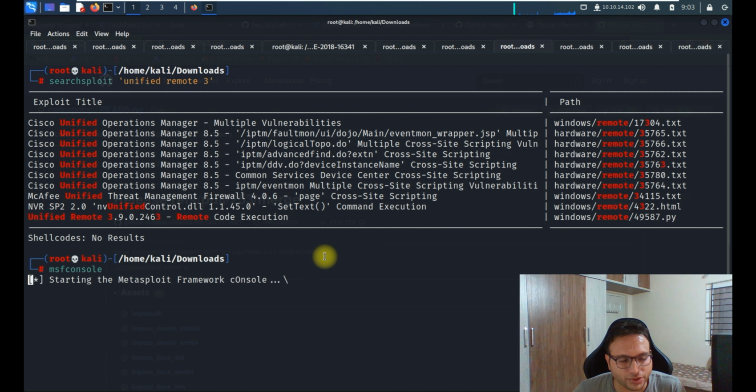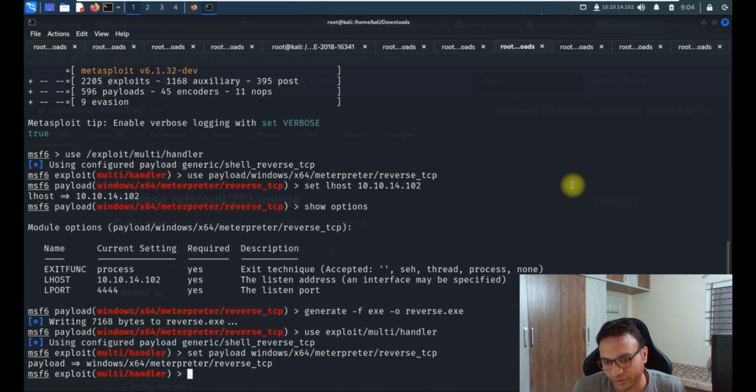Okay, now perfect. Now what we have to do, we simply have to create one file for us. So I'll just create this file. Once we create that file, we'll just try to make it a listener also, so that when we're triggering this file we get the reverse shell out of it. So now we'll set that reverse TCP as a Metasploit listener, which we're supposed to get when we try to trigger this file reverse.exe